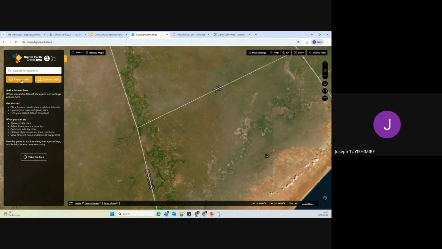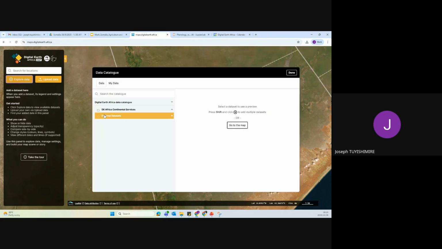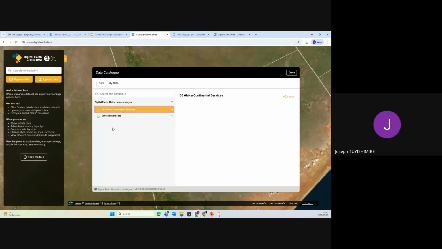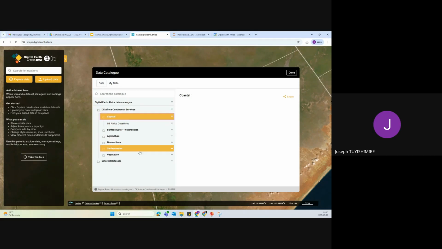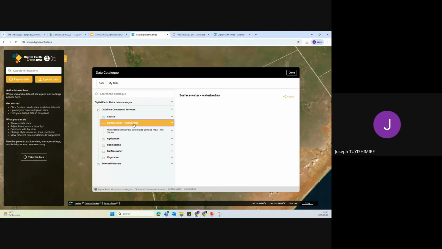We can explore the datasets you have in the interface. I was telling you that we have datasets for Africa that were generated by our sales team. Those consist of the coastal service for monitoring coastal erosion, and the surface water, which is not the topic of today,